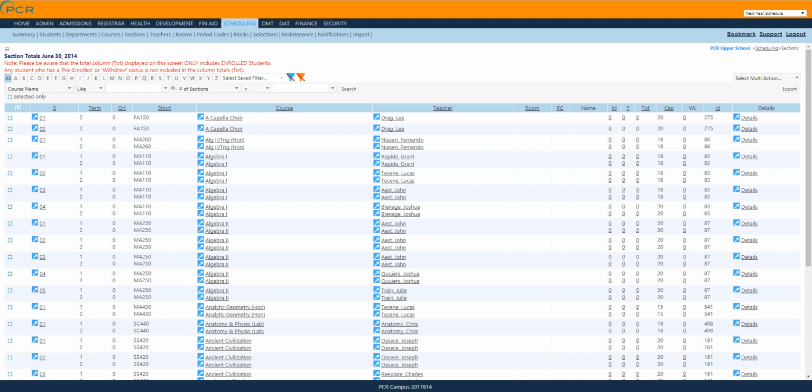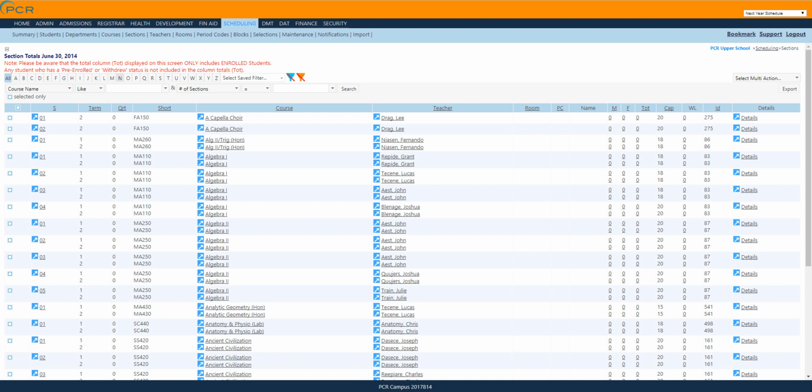Once your sections are built, you would assign them to the teachers that will be teaching those sections. So at this time you're not going to worry about the rooms or the periods that the class has to be taught in, but you'll create the classes and you'll just assign what teacher will teach each class. Once this part is done, then we would provide some parameters to the system so that it can assign these classes to a good room and a good period, so that most students can get into the classes that